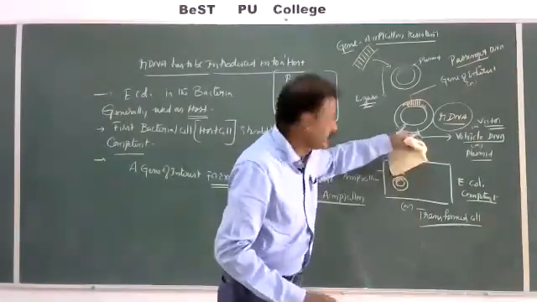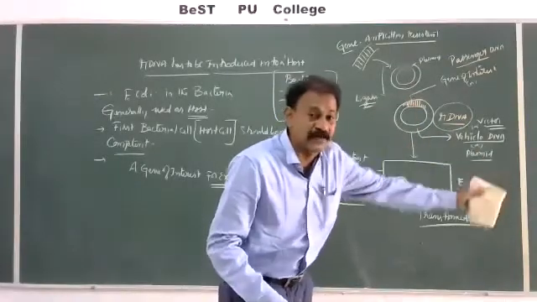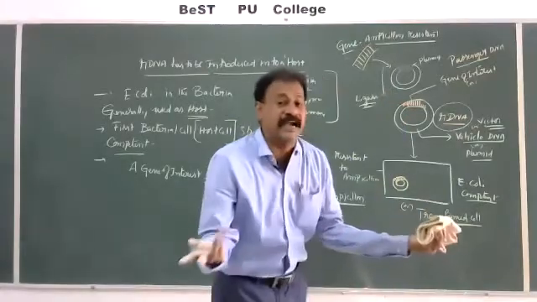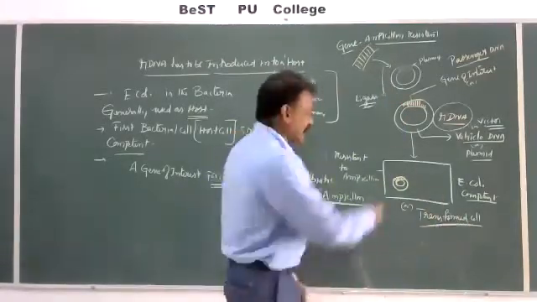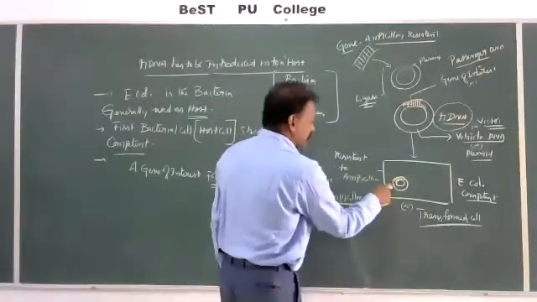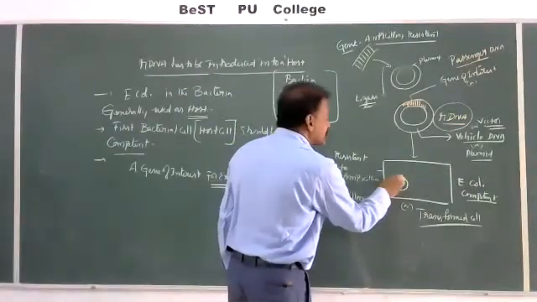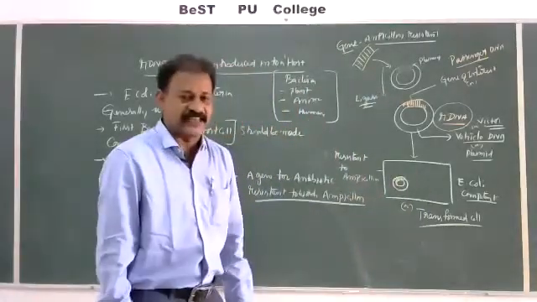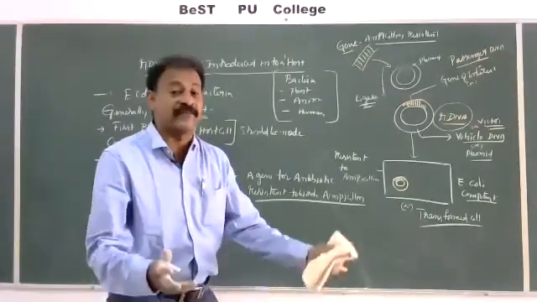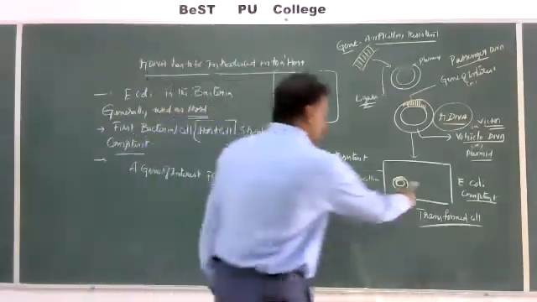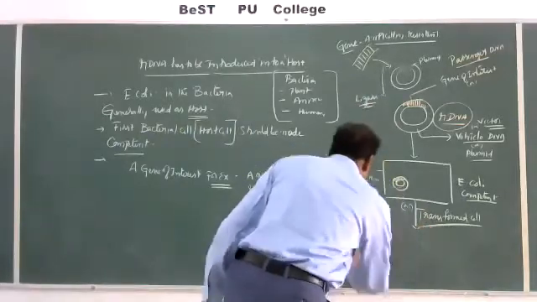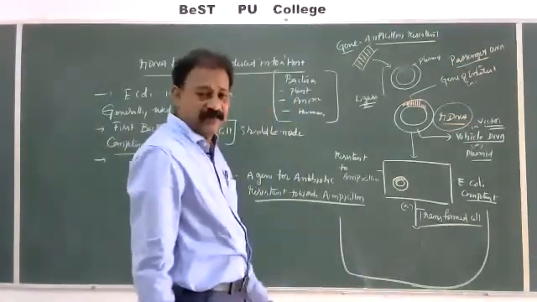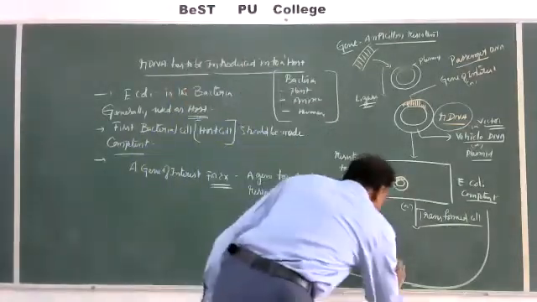It is not compulsory that this will be incorporated into all the bacterial cells which are growing in a medium. In some bacterial cells, they may be present. In some bacterial cells, they may not be present. And those bacterial cells where this is present, what is this? Resistance to ampicillin. Now let us check which bacterial cells are having resistance against ampicillin, and which are not. Now we will keep this into gel plates, agarose gel or medium where ampicillin is present.